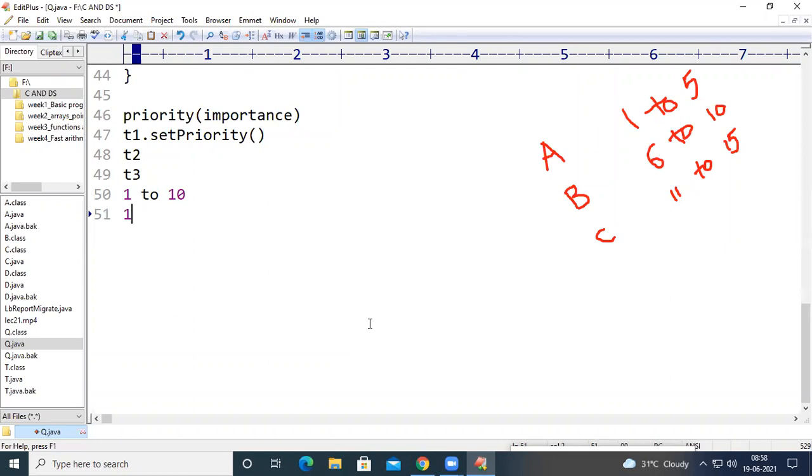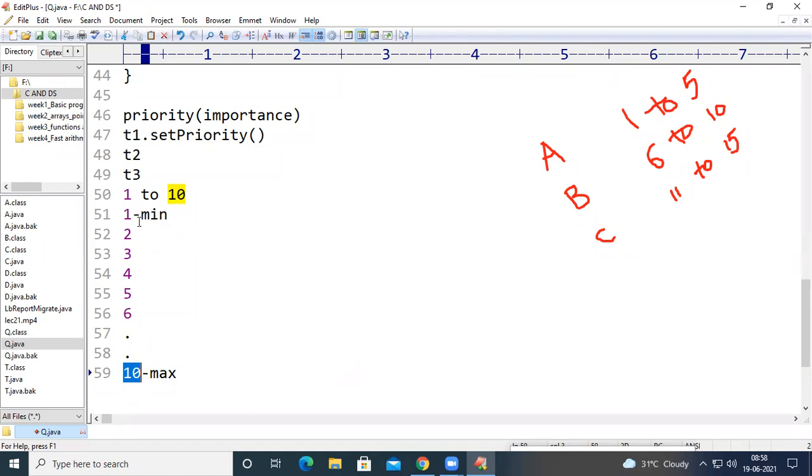1 represents the minimum priority and 10 represents the maximum priority. Similarly, we can pass 1, 2, 3, 4, and so on up to 10. If you pass 10, that particular thread is going to be considered by the CPU first.